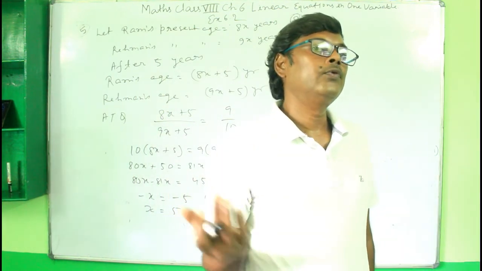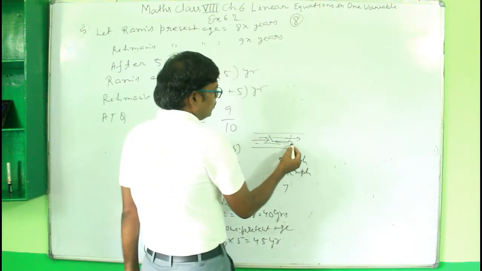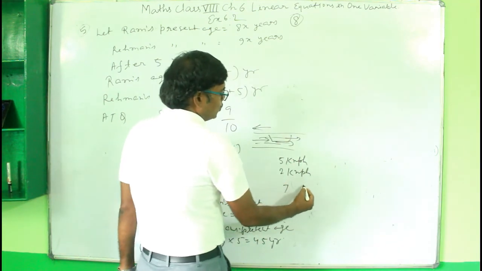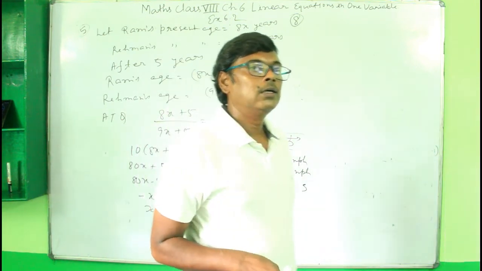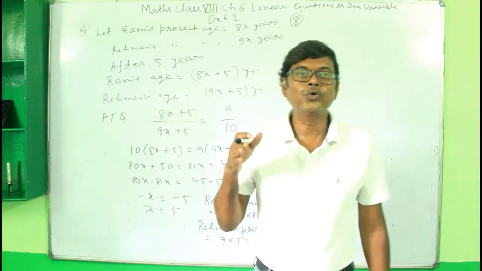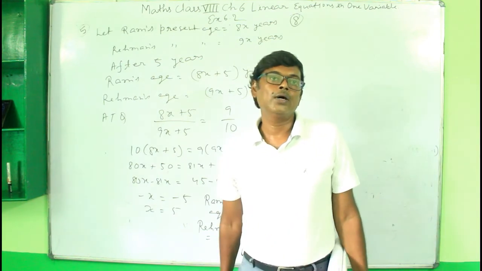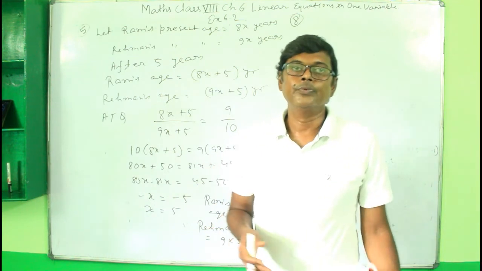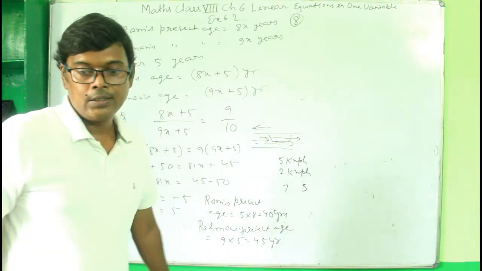But if you are sailing your boat in the opposite direction, then your speed will be equal to 3, because 5 minus 2 is 3. When you are going with the flow, it is called downstream, and when you are sailing in the opposite direction, it is called upstream. Remember this, and then according to that we will find the answer.